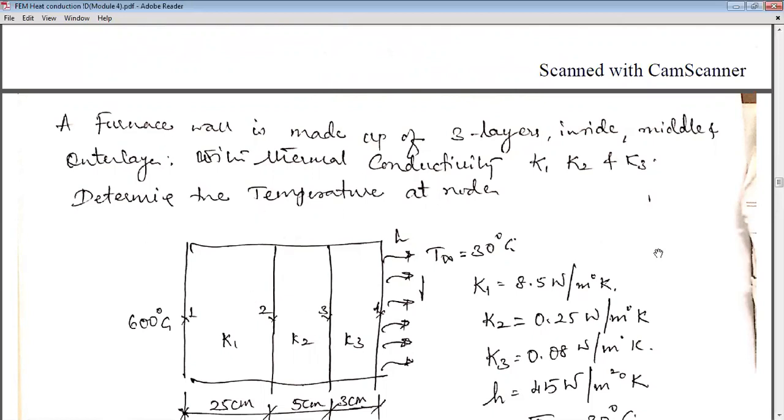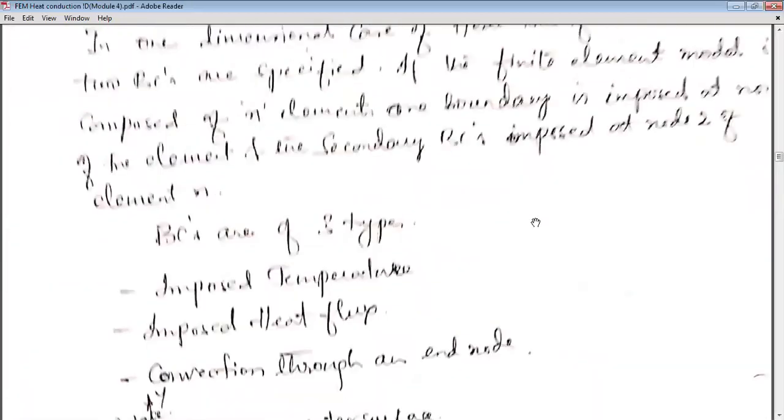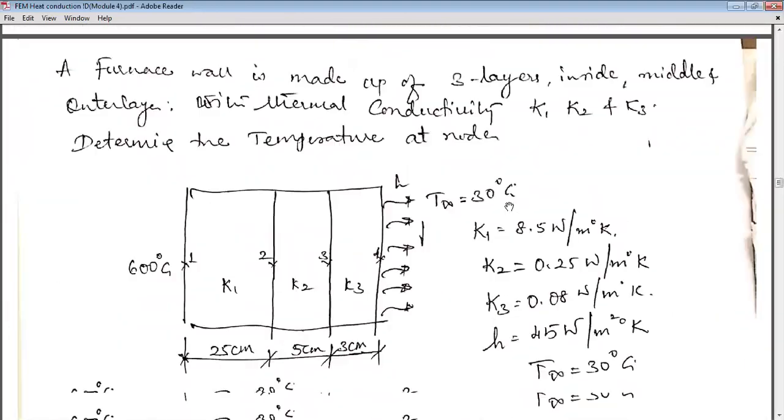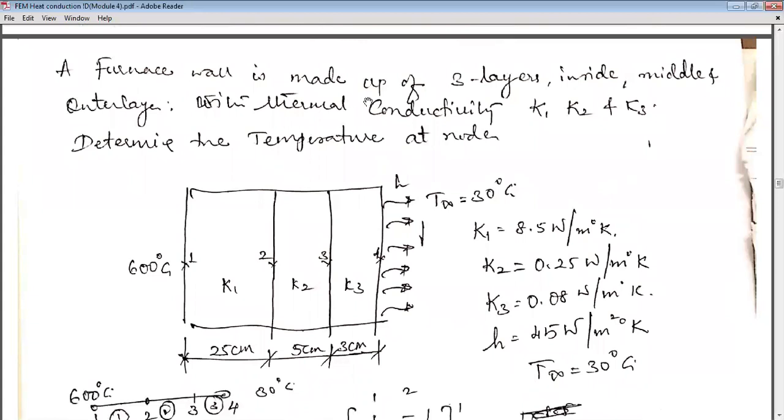I hope all of you are focusing on this particular problem. You have understood the simple derivation, the basics of heat transfer, and what equations will be used further in this topic. You observe there is a furnace wall made up of 3 layers. A very famous question in heat transfer. You must be solving a lot of problems on this. It is made up of an inside layer, a middle layer, and an outer layer. We call these 3 composite walls, with 3 different thermal conductivities: K1, K2, K3. Different materials may be used, brick or whatever it is, insulators.